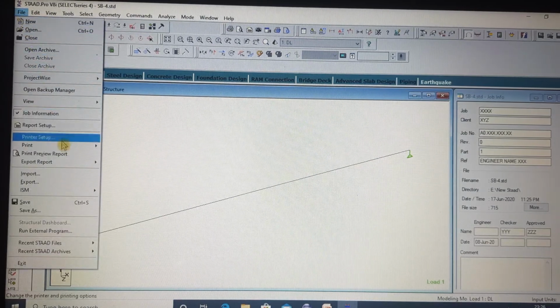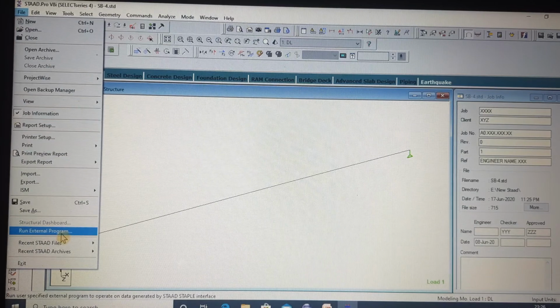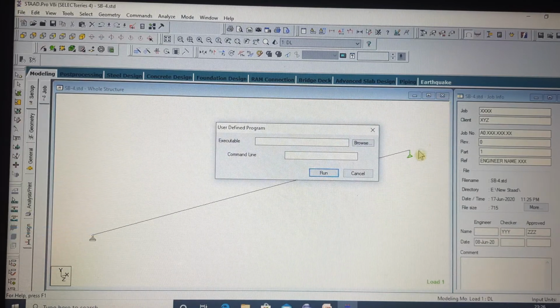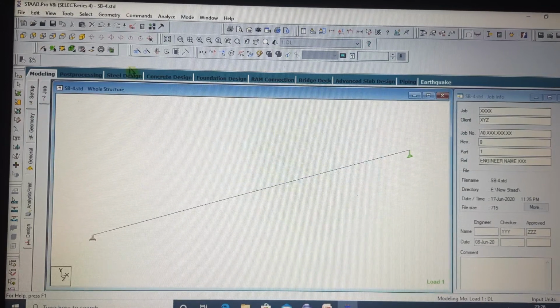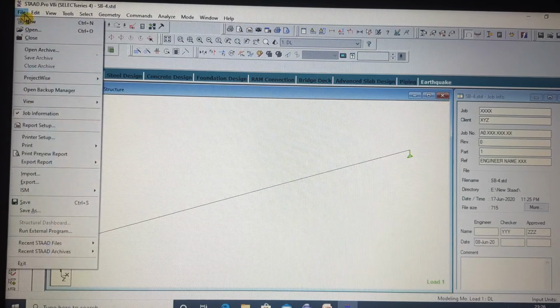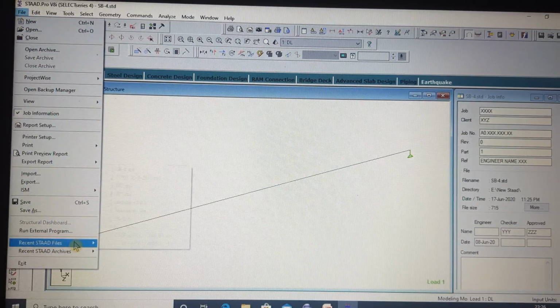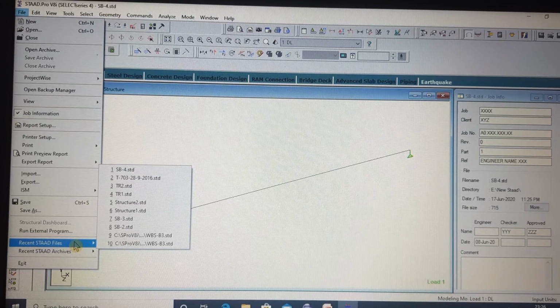Now run external programs. It is an executable run program. It will be better understandable when I will be doing a program, and then I will run it. Then that will be useful. Right now you will not understand if I do it here. Now the next button is recent STAAD file.